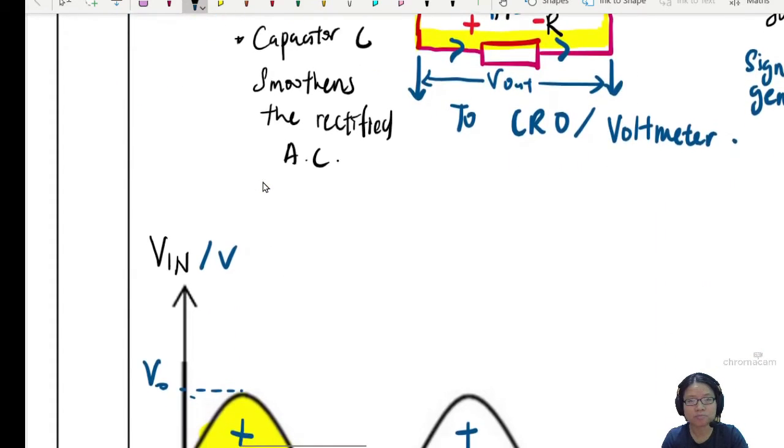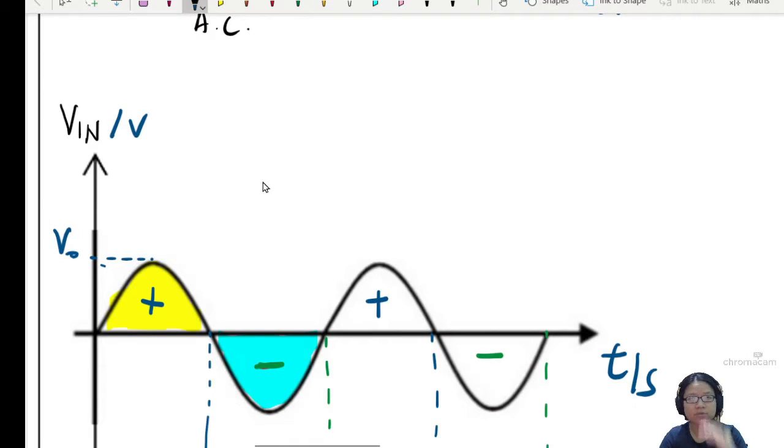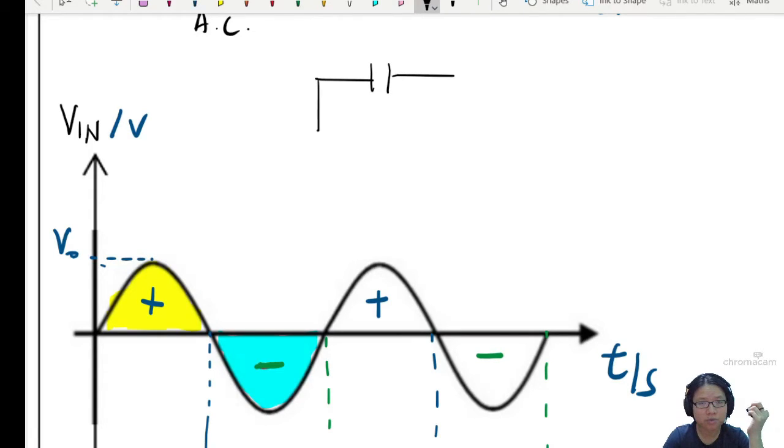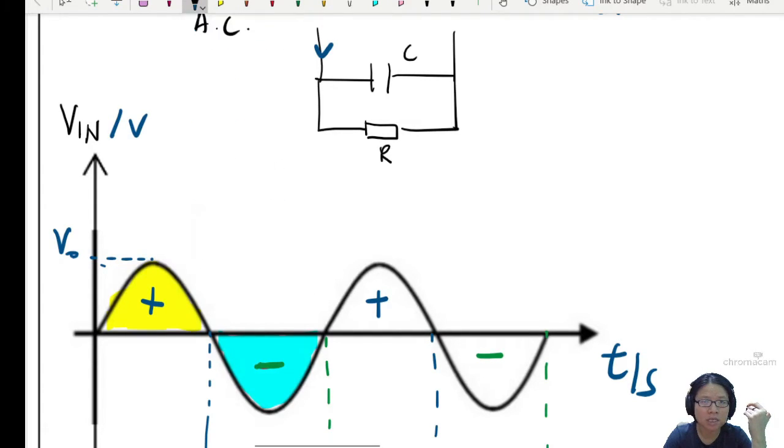So I'm going to explain with a bit of drawing here. Let's just look at the capacitor and the resistor. The problem with the current through the resistor is that it is not constant. Don't forget the current comes from here. There's a complete circuit that I didn't draw. So current will enter here and then it splits. It is allowed to split into two this way. So when the current is flowing like this, let's say you're talking about this side of the cycle here,